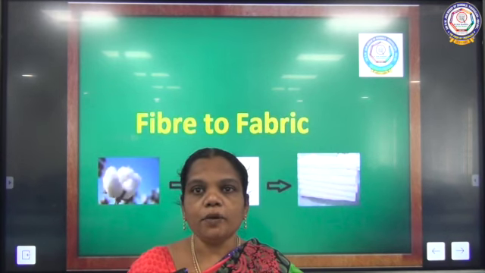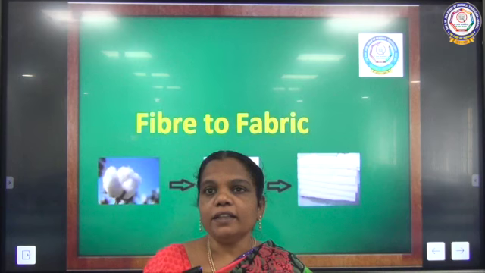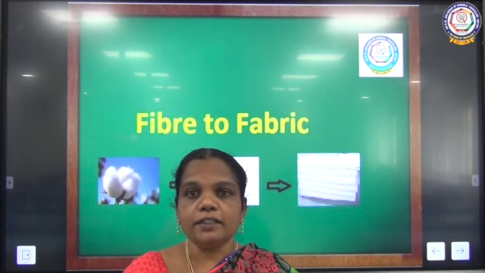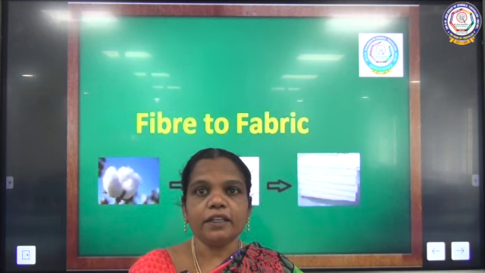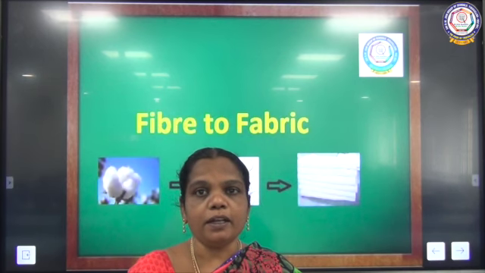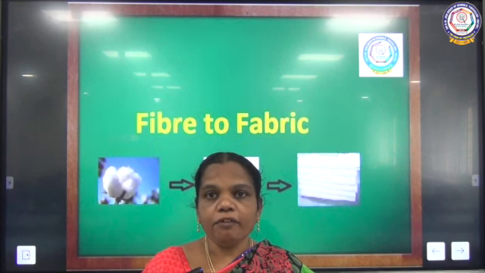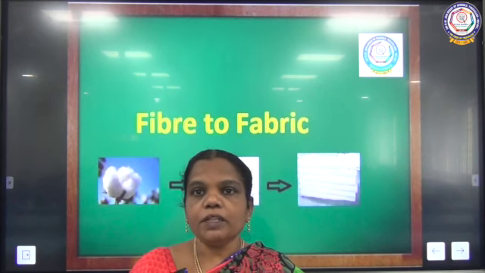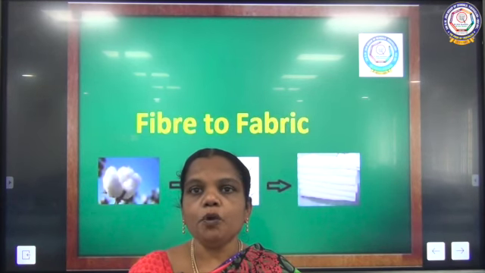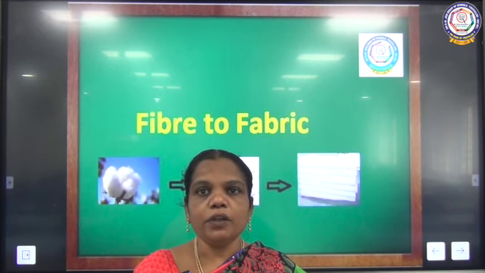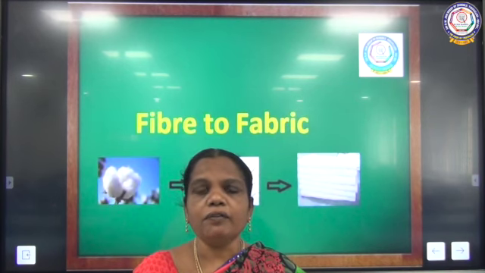Already I have learned about the natural fiber. And then the synthetic fibers are synthesized in the laboratory or the industry. So we get the synthetic fiber by using chemicals. Now we are going to learn about the animal fiber. The animal fiber can be obtained from animals like sheep, goat, camel and silkworm. Now we are going to learn about the production of wool.